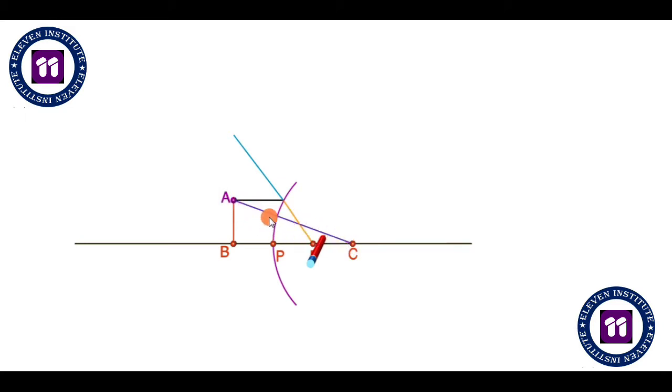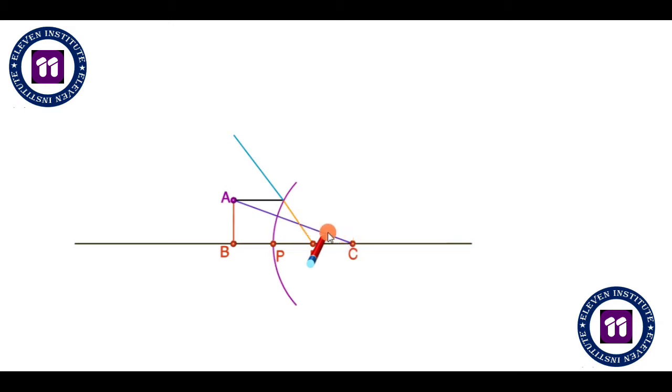Yes, what you have to do is draw a straight line from here to this mirror, and after the mirror you have to draw a dotted line. Make it very clear. Those rays which you draw after the mirror or behind the mirror, you have to draw them in a dotted manner, right? So this line, I have drawn a straight line over here, but you have to draw a dotted line from this point on the mirror to the center of curvature.